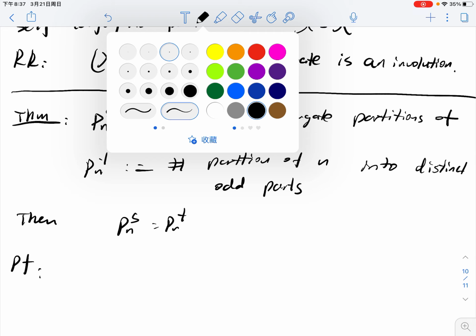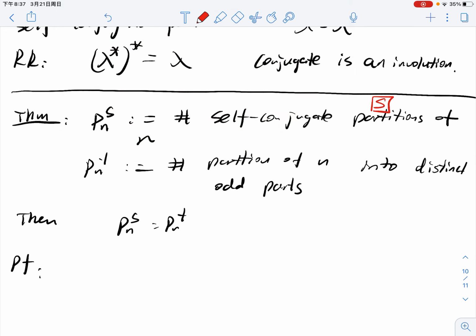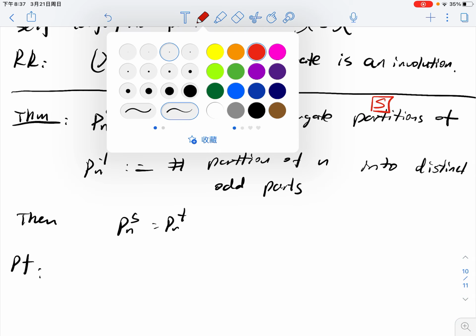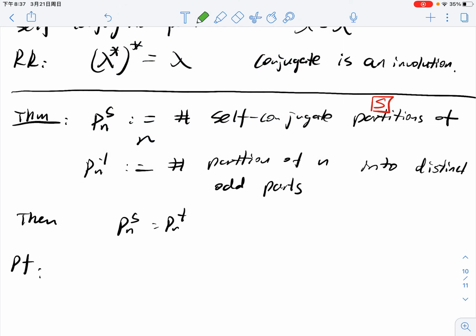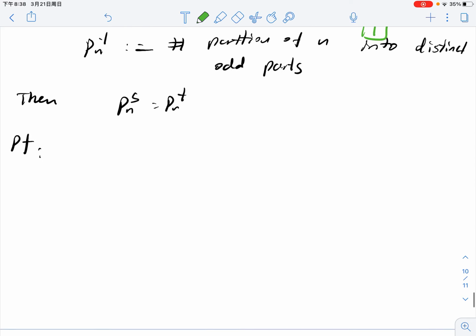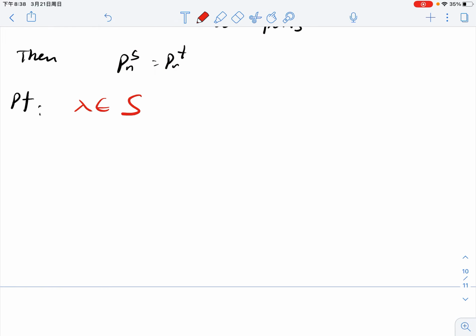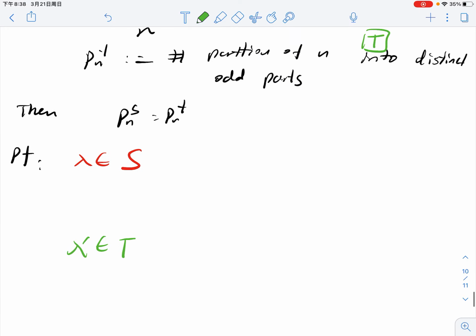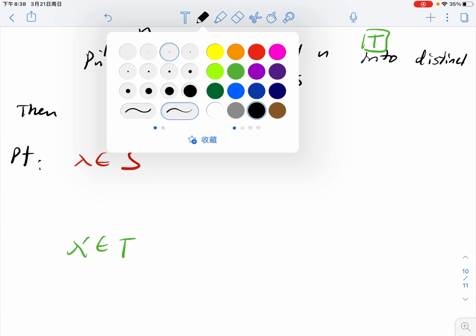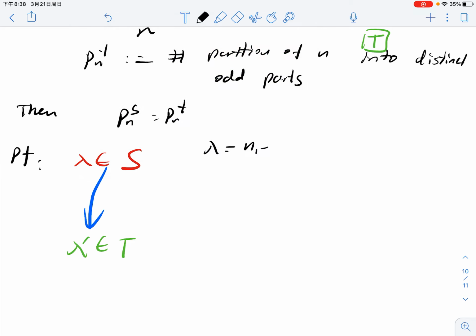And I would like to call the partitions in the first condition elements of set S and the partitions in the second case elements of set T, and show how to construct the bijection map. So first we construct the map from S to T. So suppose lambda is given by n1, n2, up to nl,